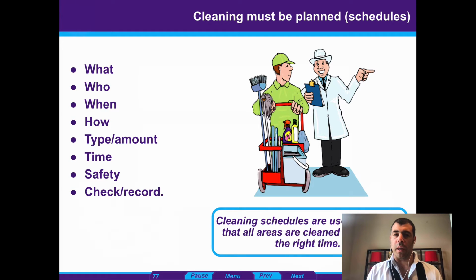Just to be sure here, checks and records need to be done by a supervisor. It's not the person performing the task who does the checks and records, otherwise you're going to end up with fabricated data, and you don't want that. A cleaning schedule is also a document that's required during the due diligence process when you get inspected, so it's really good to have it handy. Not only that, it will provide you with routine processes and ways of work, help you remain consistent, and also help you to comply with the law.